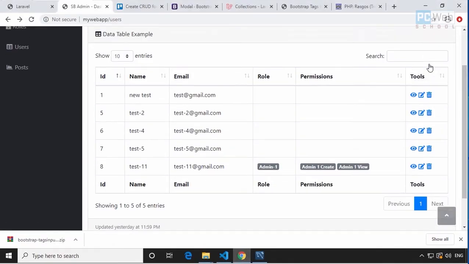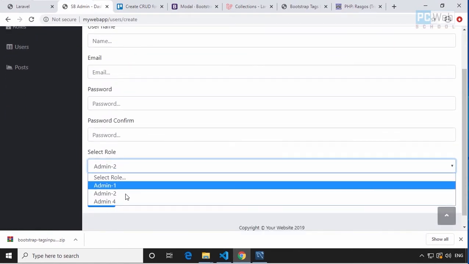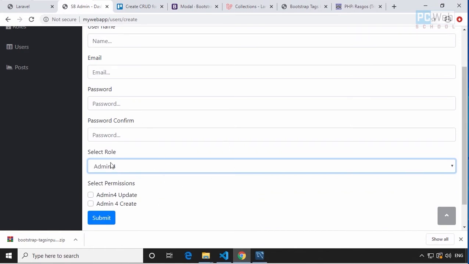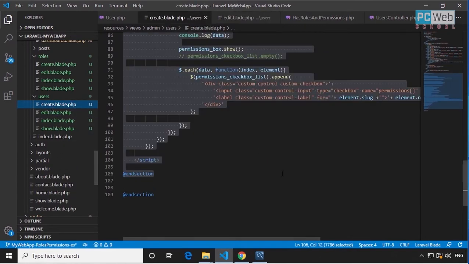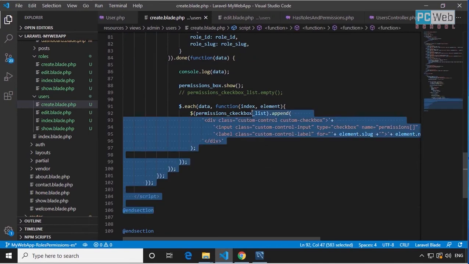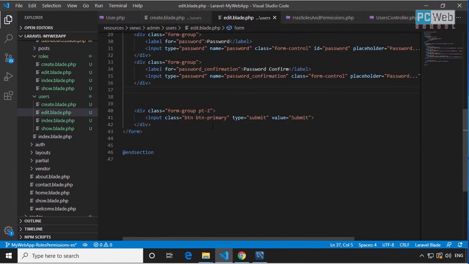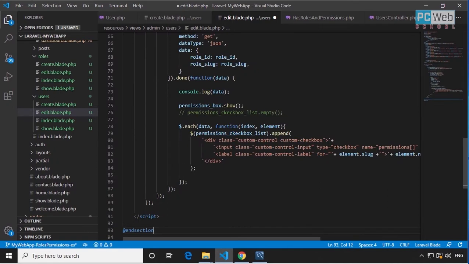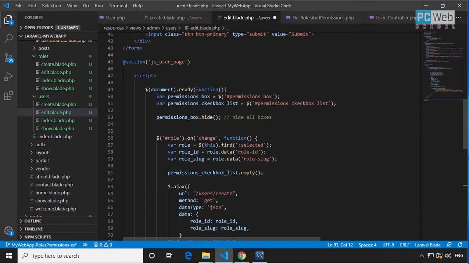If I go to the create page, you see we already have this, which is done by using JavaScript, a jQuery code. So we need to use something similar in the edit page. Let me copy the jQuery from this create page, because this will be pretty much the same. So I copy this, and I'm going to paste it in the edit page here. Once we have this, the next step is to